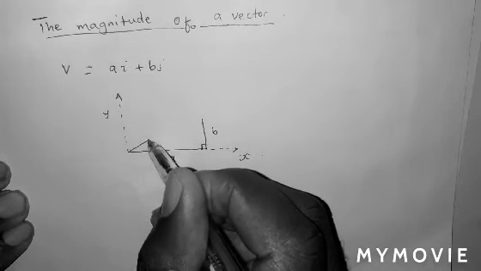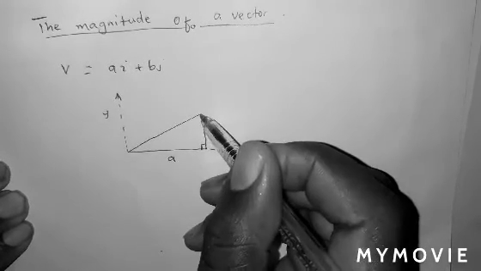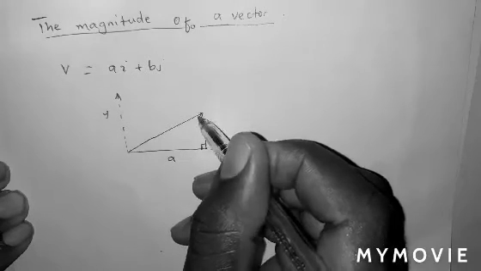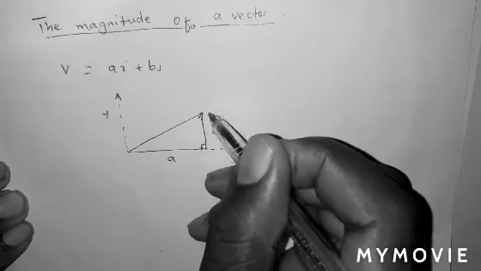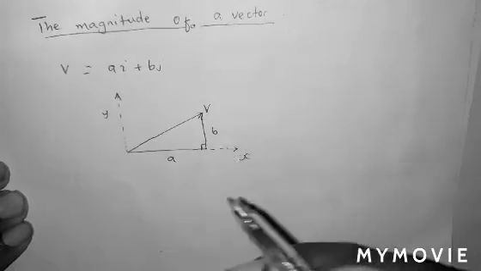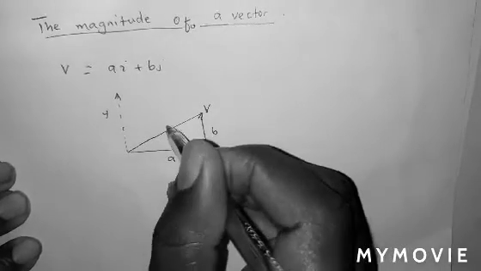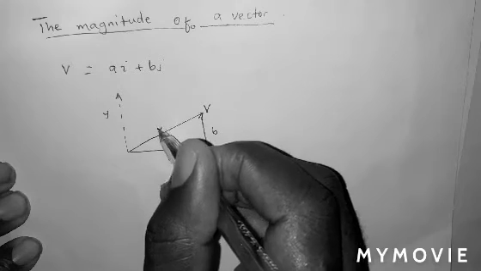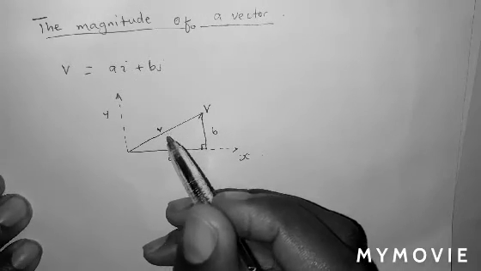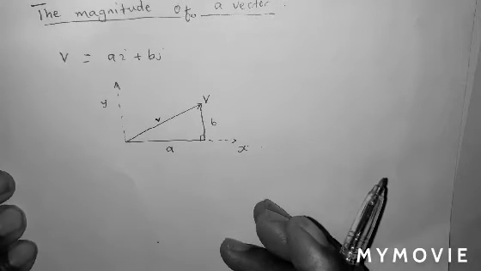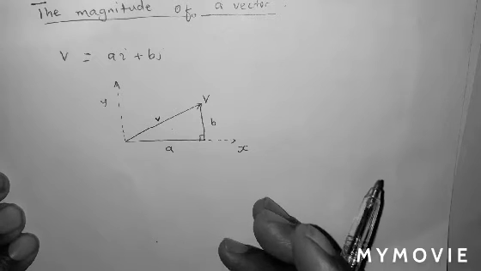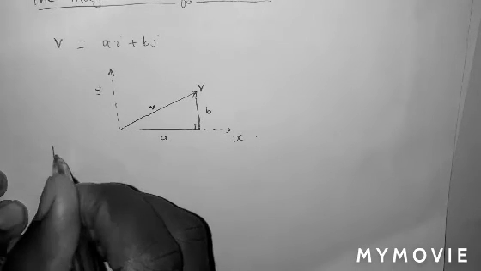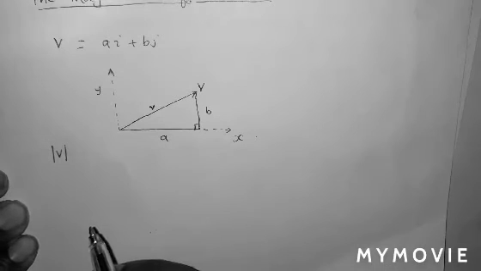And the resultant vector V will be along that direction. You can call this capital V, and we call this small v. So our small v is the resultant vector. Now the magnitude of this vector, which you can write as in that form,